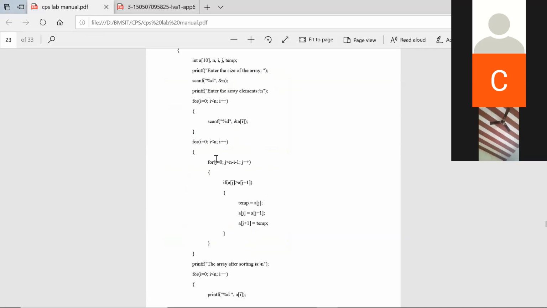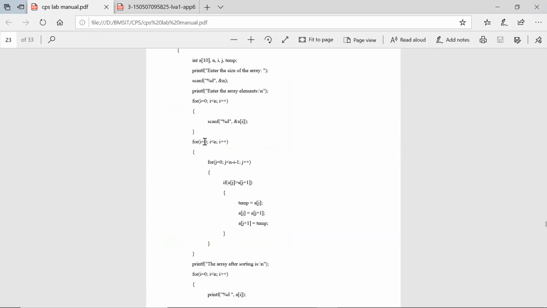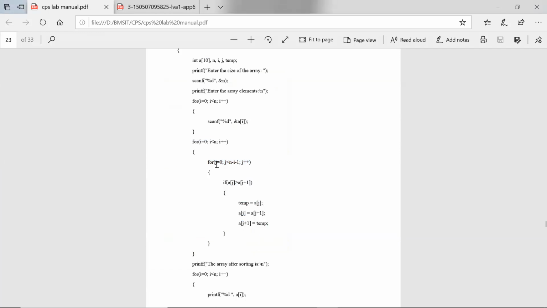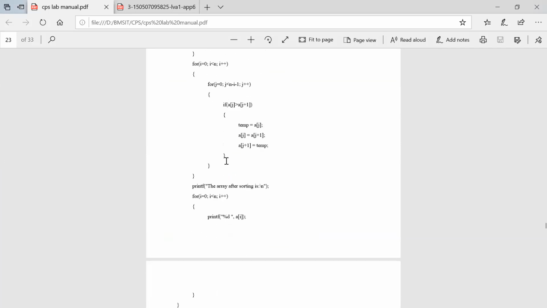Okay, here, hope you understood this. Here, the thing is, this outer loop is the number of passes. This indicates how many comparisons in each pass. For the first pass, 4 comparisons. That is 4 times it will be executed. For the next pass, 3 times it will be executed. For the next pass, two times, 1 time, and then 0 times, come out of it. Once you finish all the passes, the array has been sorted. You will be having the sorted array.